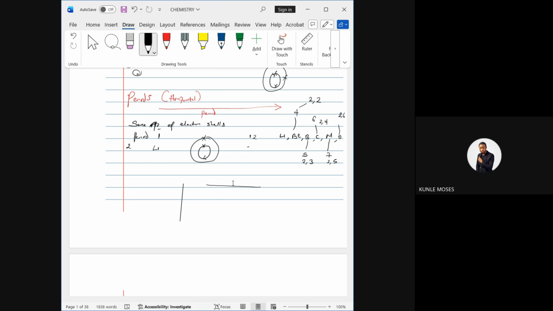Please, is that taken? So maybe next class I will teach you, or should I quickly teach you? What's the time now? I want to teach you the properties, how you can understand what happens across the period or down the group in terms of atomic radius, ionization energy, because they will be asking you a question on this. You cannot even skip it. All this electron affinity, electronegativity. Should I quickly give it before we move to the question and answer?